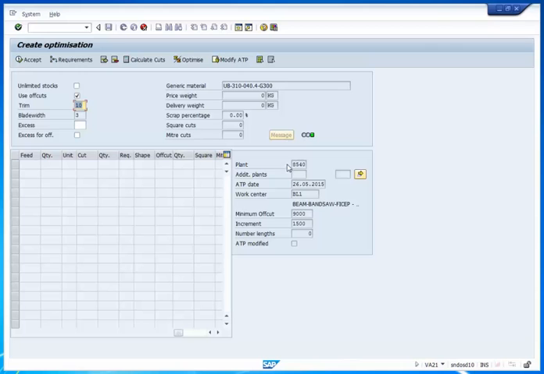So for the purposes of this example in Wetherill Park, if we hit Optimise up here, the system goes away and says, okay, based on what you've entered in, here's the feed materials that I'm going to use to produce the components that you're requesting. So just to talk through the first one there, the feed material, it'll take a 10.5 metre length, it'll take one of them, and from that it'll cut 2 5 metre lengths,